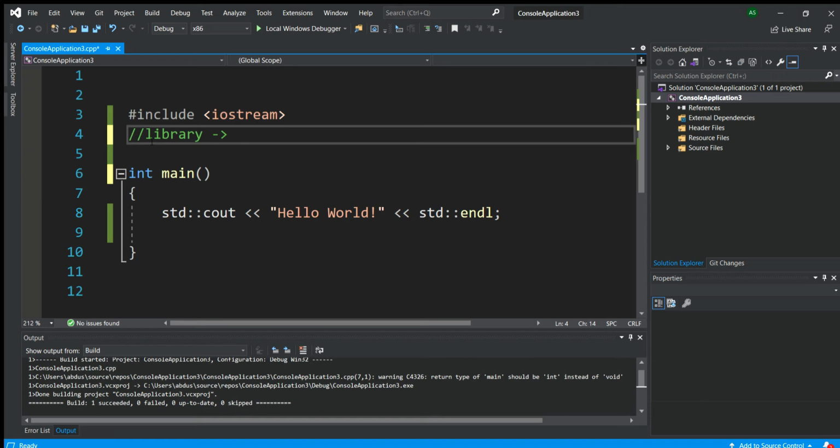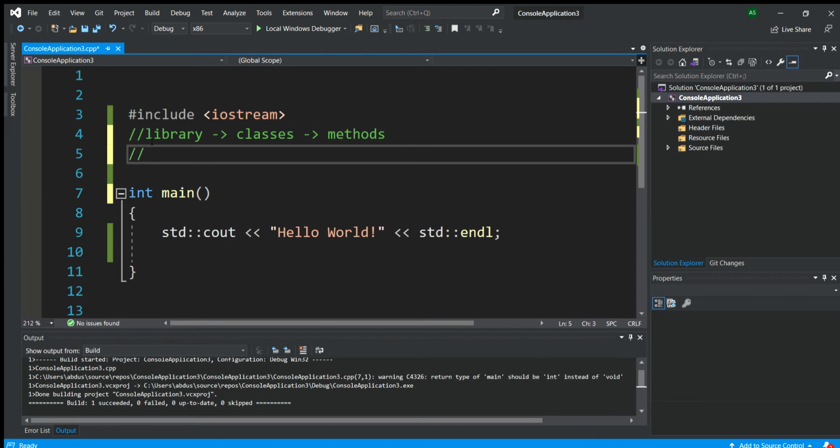Now, libraries are divided into classes, and these classes contain methods. Now, this library is called the standard library. So standard library, abbreviated as std. Okay, so inside this standard library, there will be a class called, uh, arithmetic methods. So maybe it will be something like this: arithmetic methods, and